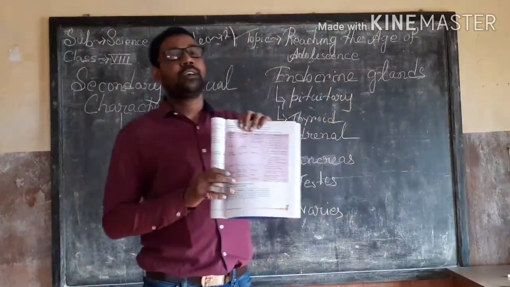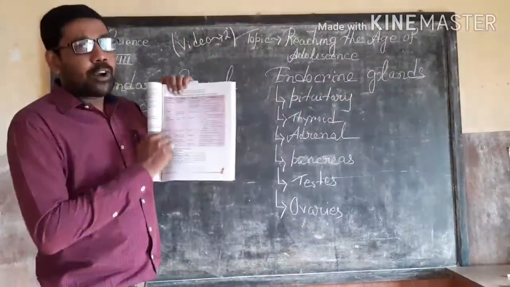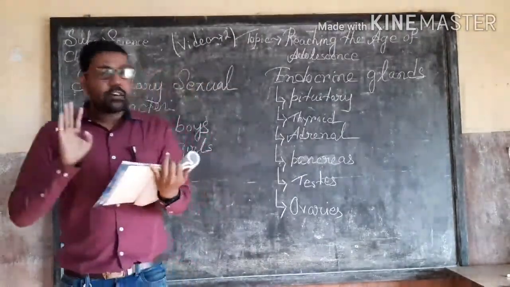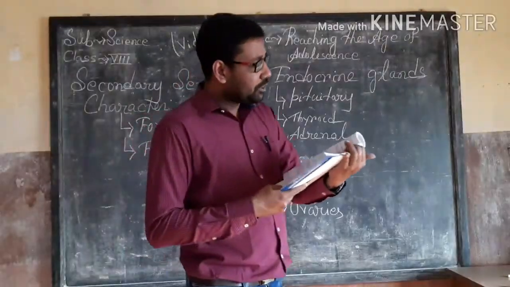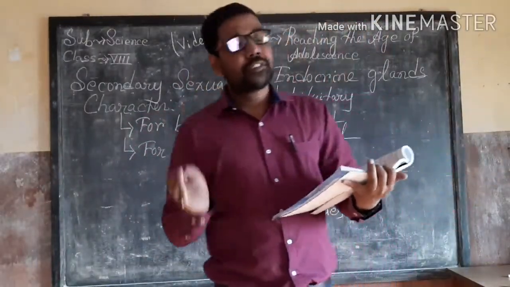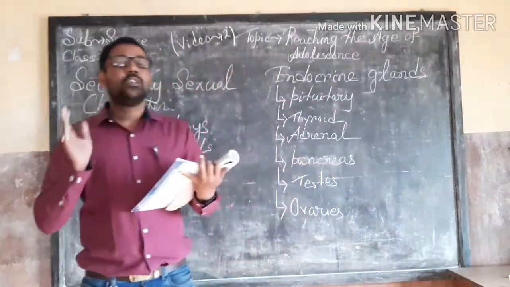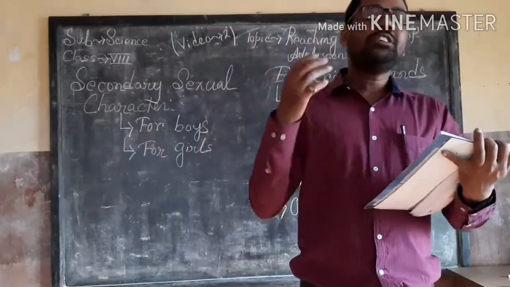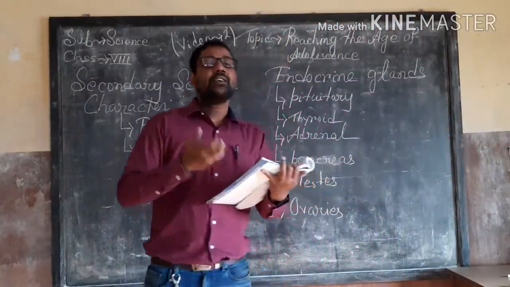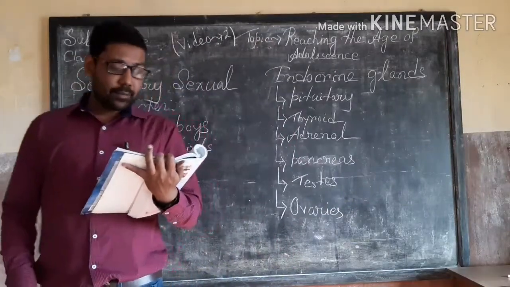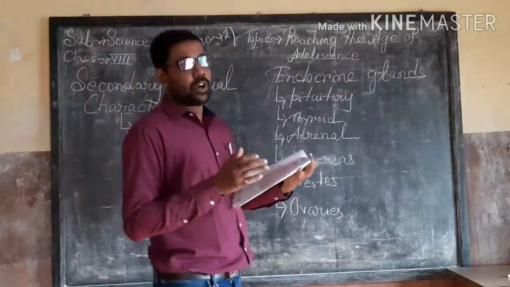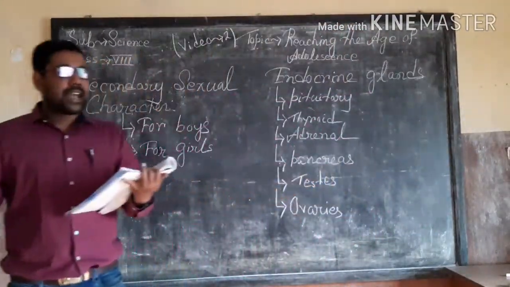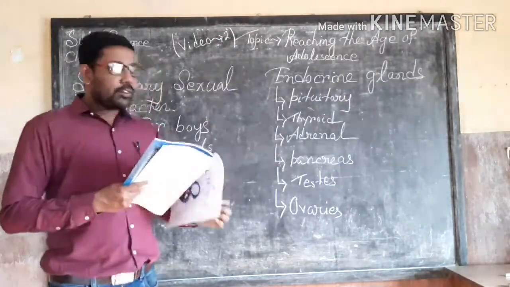In your book, a table or chart is given, and this chart includes 4 columns. The first column is the name of the various types of glands. Second one, the location of each and every gland. Third one, which type of hormone is secreted by all these glands. And the last one, the function of the glands or the hormones secreted by them. So the first one,